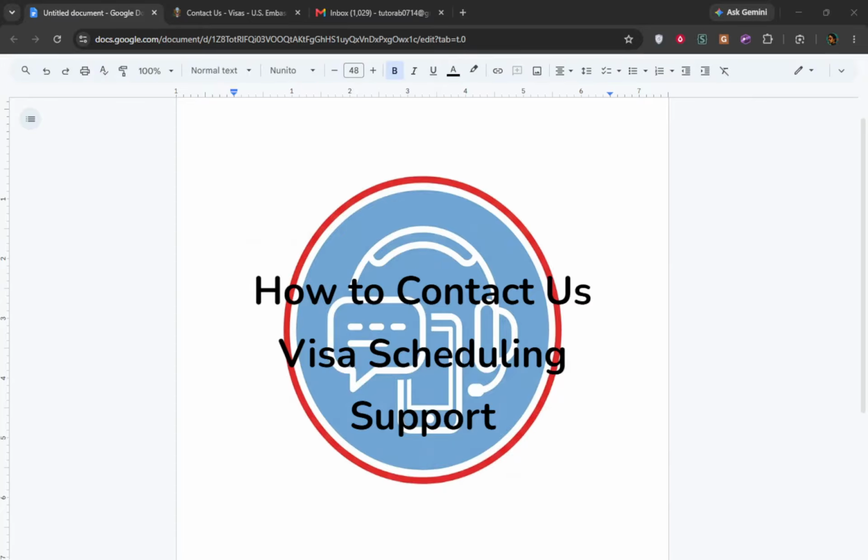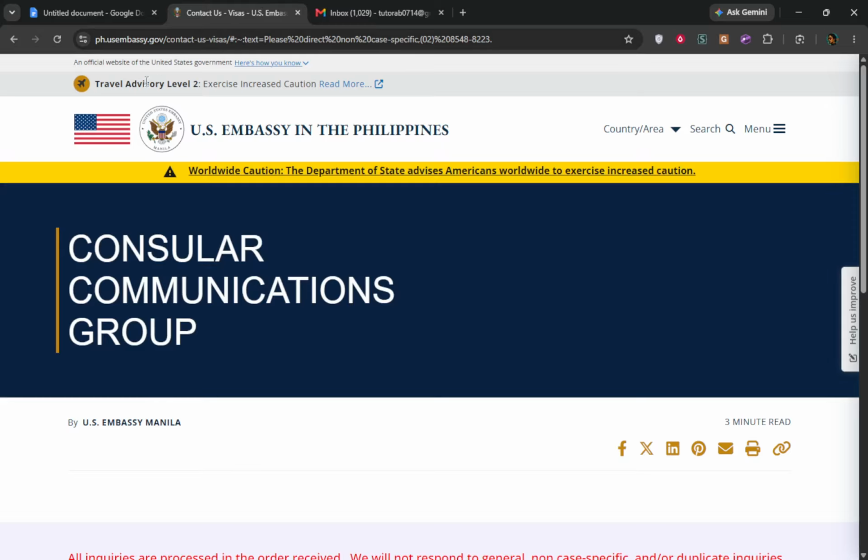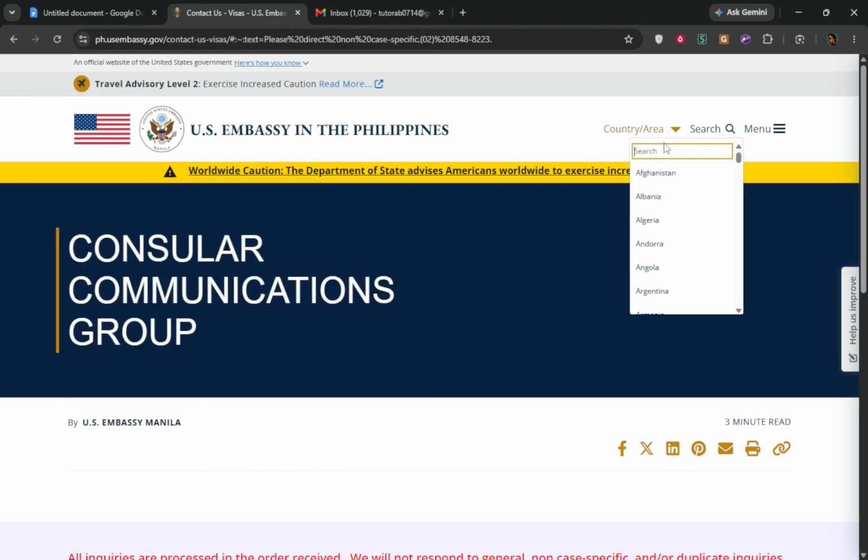First, you'll want to open the U.S. Visa scheduling website for your country or visit the U.S. Visa's contacts page. This is a crucial step because it ensures that you are accessing the correct resources tailored specifically for your location. Each country's website may have different procedures, so starting here can save you time. As the page loads, you will see various options and resources available to you, including contact details that are relevant